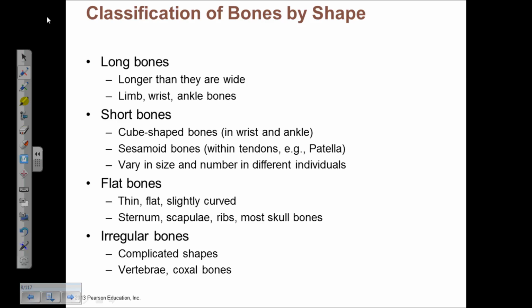In fact, let's go over major bones of the skeleton right now and figure out what they are. We went over the cranium, right? So bones of the cranium are mostly flat bones. Do we agree on that? Facial bones are mostly irregular bones. Vertebrae, vertebral bones, irregular. Sternum, flat. Ribs, clavicle, long. Scapula,